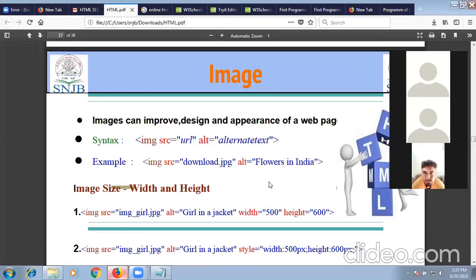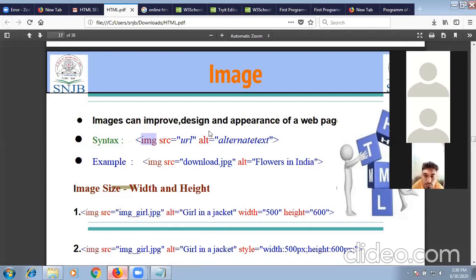Now next one is image. If I want images in my web page, how can I insert an image? Images can improve the design and appearance of a web page. The syntax is that you have to use the image tag.